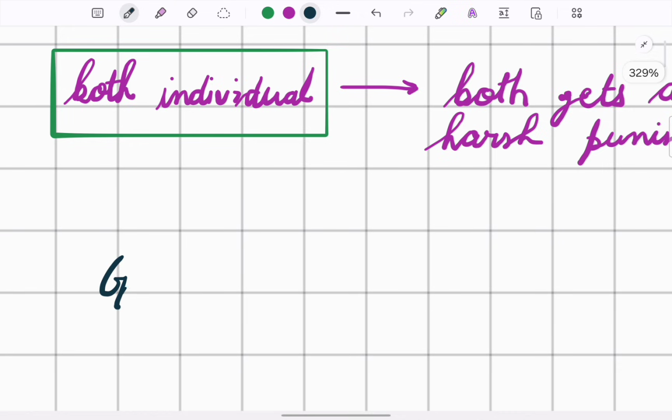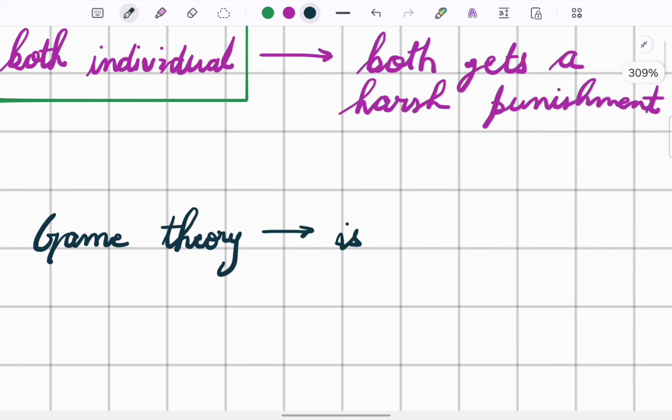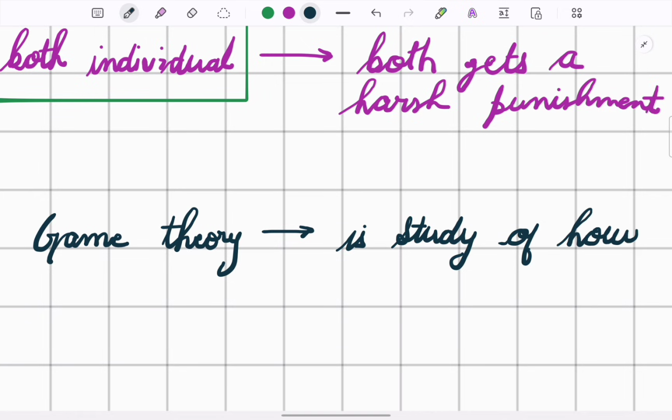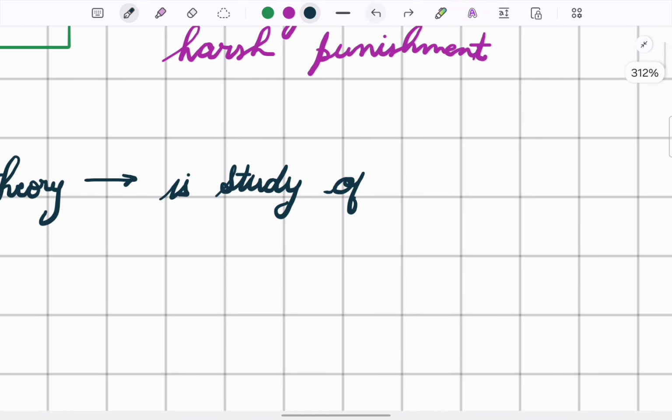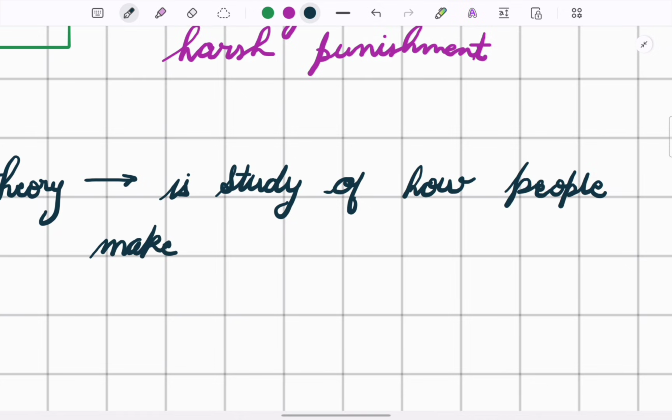So I can write that game theory is the study of how people are going to make decisions,